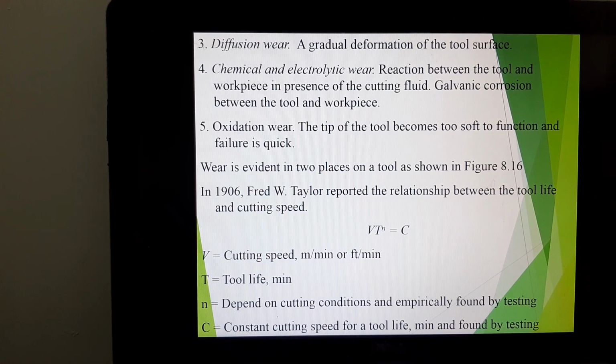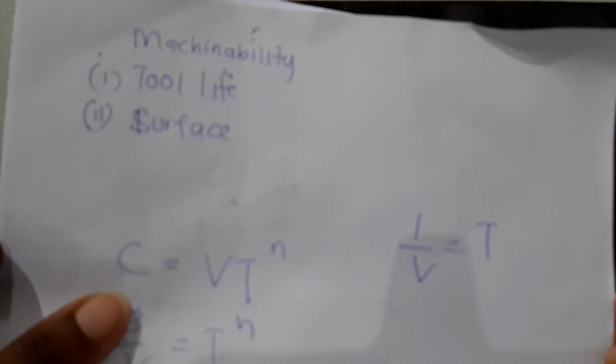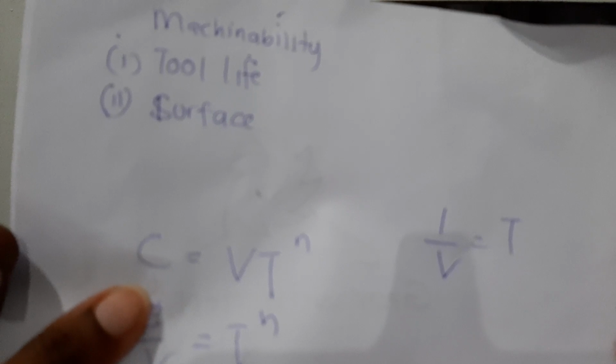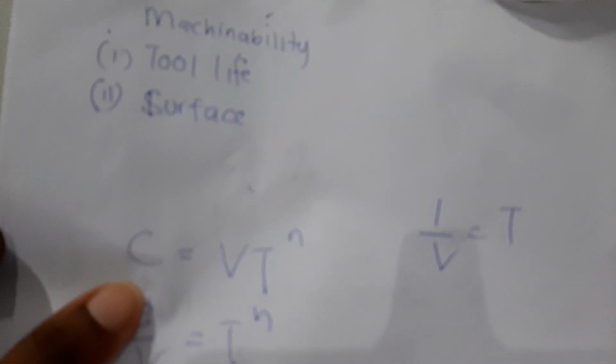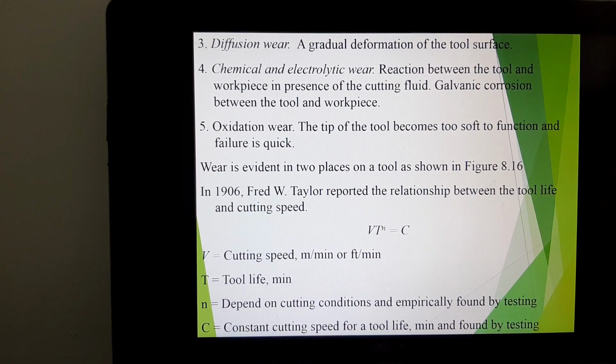Do you agree? So as the cutting speed increases, what will happen to your tool life? If it's inversely proportional, as cutting speed increases, tool life will decrease. There is a graph that I always plot to show you. So you have the graph of